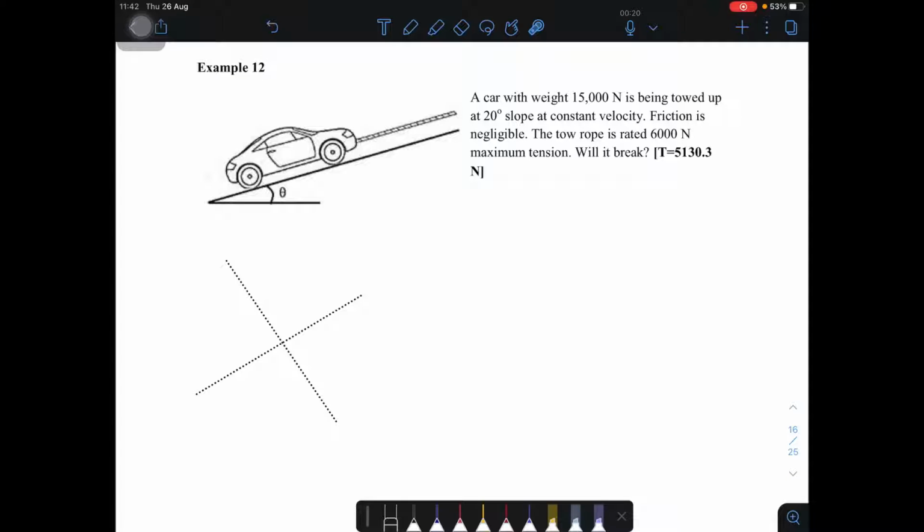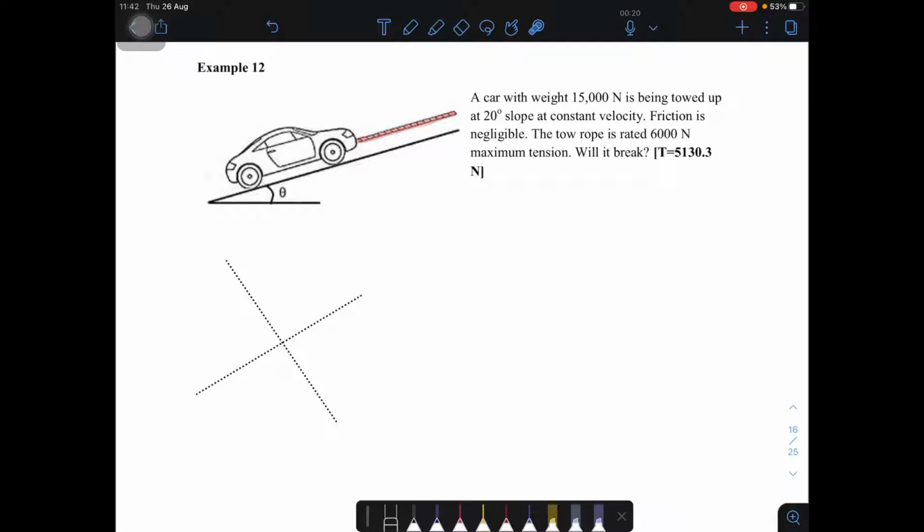Okay, next one, example 12. A car with weight 15,000 Newton is being towed up a 20 degree slope at constant velocity. Friction is negligible. The tow rope is rated 600 Newton maximum tension. Will it break? Okay, so now we are given a diagram here where you can see there is a car